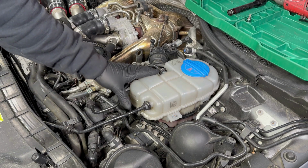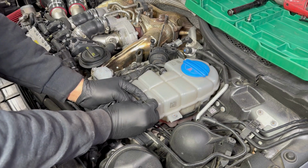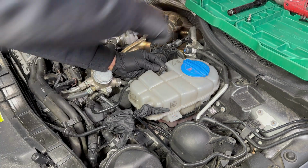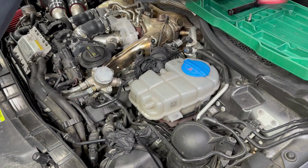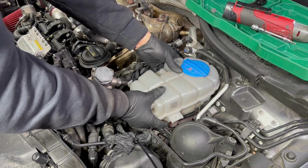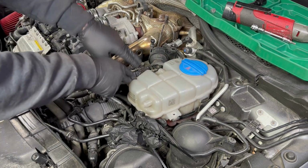Let's move on to the other side. Driver's side. Go ahead and disconnect these hoses for the reservoir. Take this bolt off. I believe it's a 7.5. Go ahead and take these connectors off carefully. Again, take all these carefully out. Put the reservoir up,